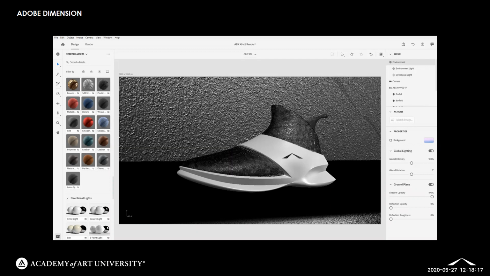And again, the main driver for that is I want to be able to see my design in context in the real world. And so this program allows me to assign shaders and export it directly from here into Adobe